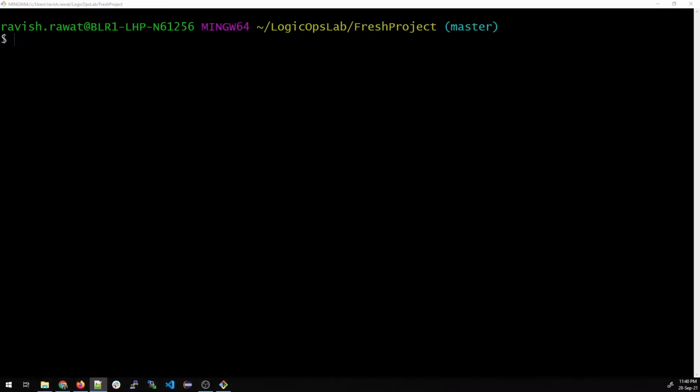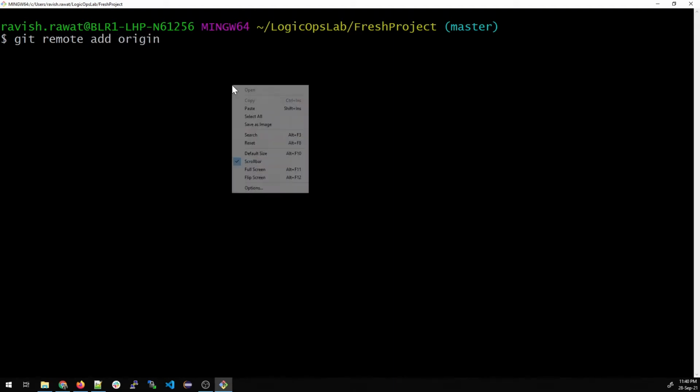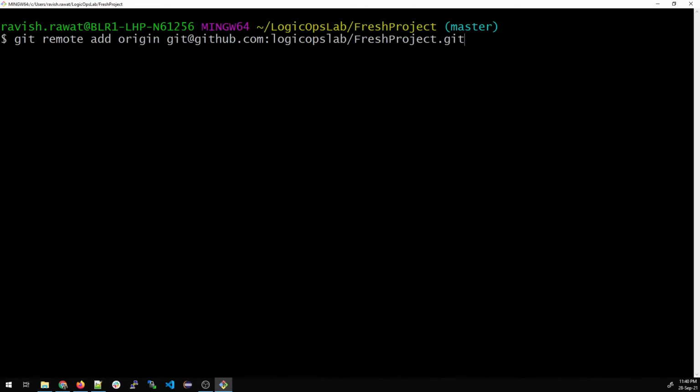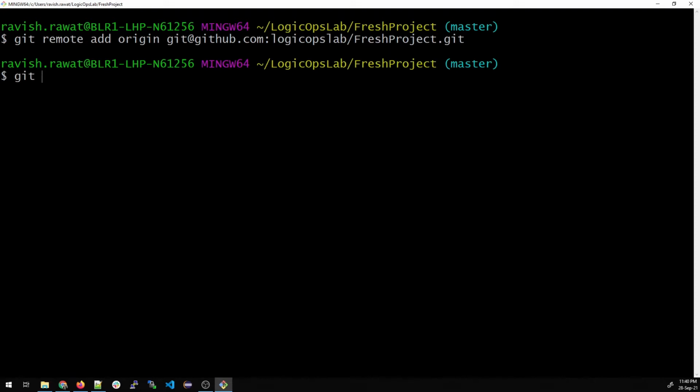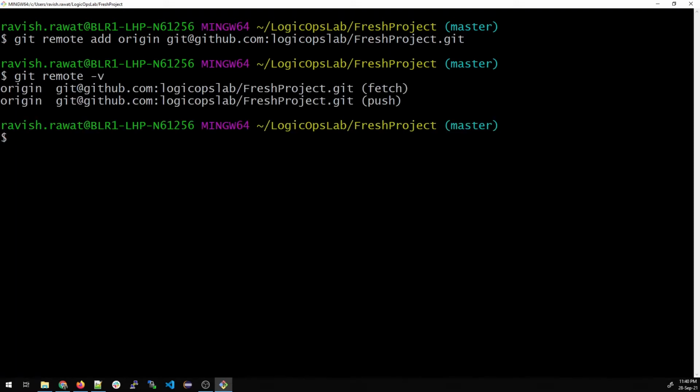Just minimize this, go here, type git remote add origin and give that command. Once you paste this command over here, it should work. Hit enter. No response is a good response. This is perfect. Now you can type git remote -v and check.